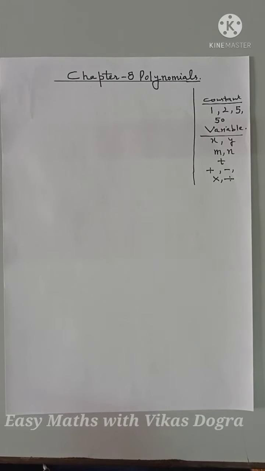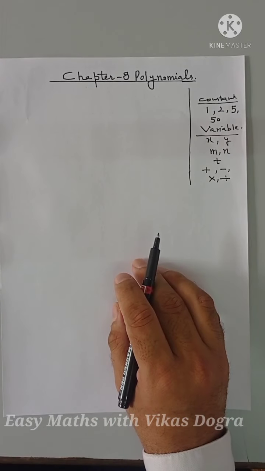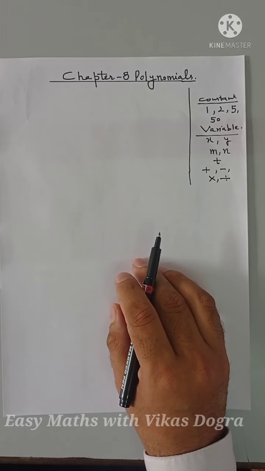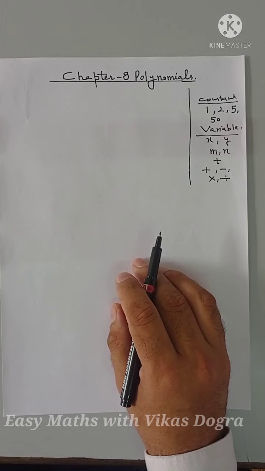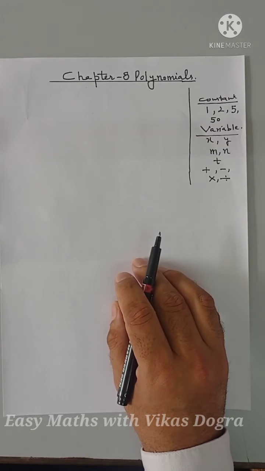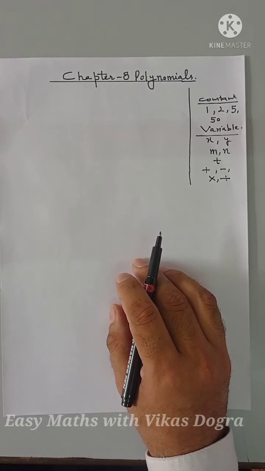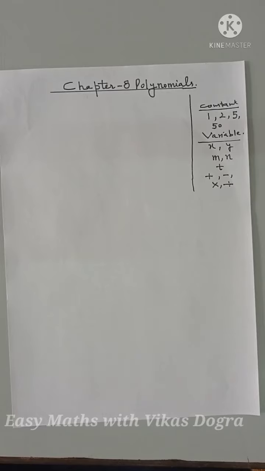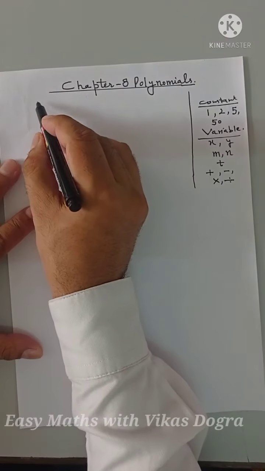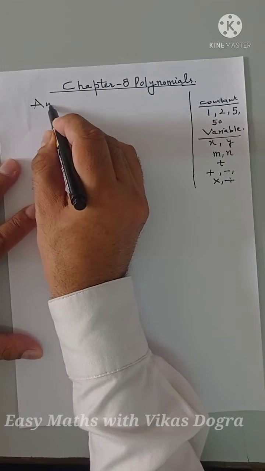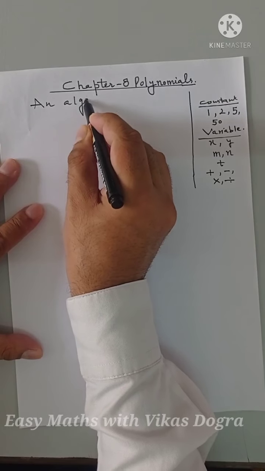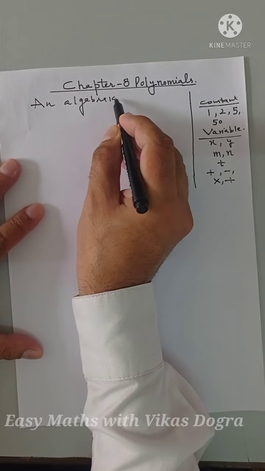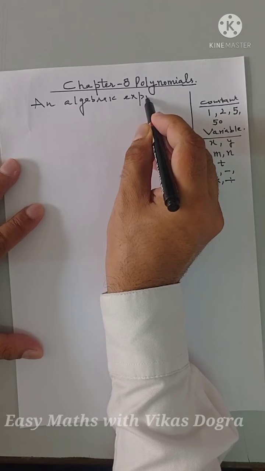In your previous class you have studied algebraic expressions. An algebraic expression is a combination of variables and constants separated by the four fundamental operations. So what is a polynomial? A polynomial is also an algebraic expression. So I am writing: a polynomial is an algebraic expression